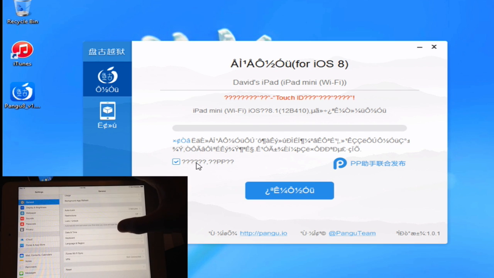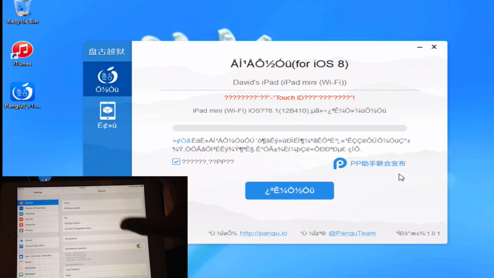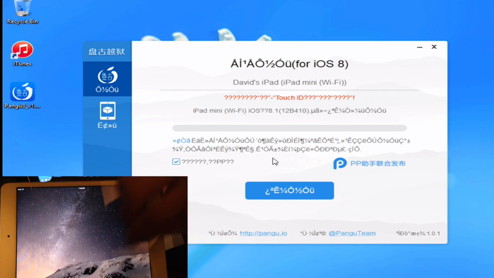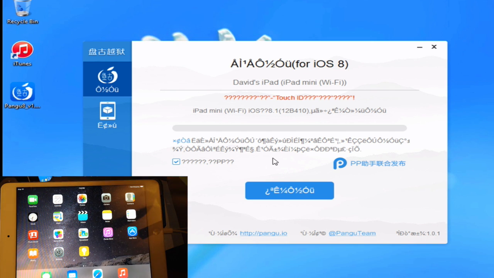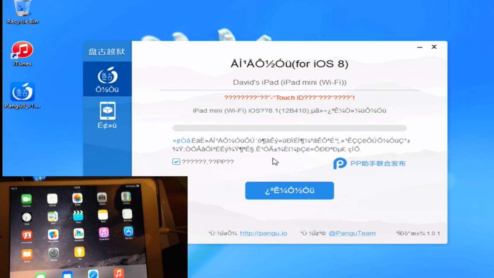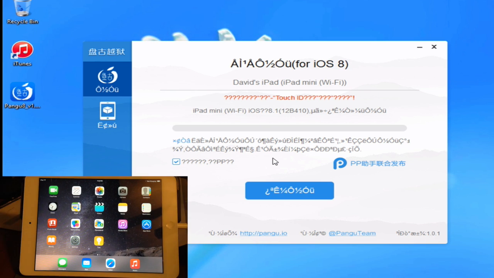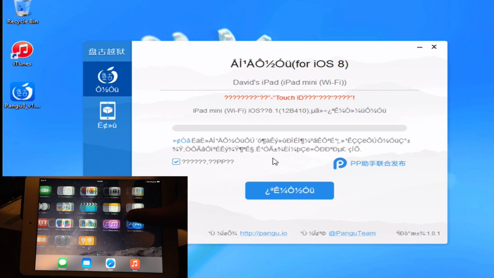For the purpose of this video, to show you what would happen if you did leave it checked, I will be leaving it checked. All it does is install this fishy 25pp application that I do not recommend, and it is known to cause a lot of problems, so I would definitely not recommend clicking that box. But just for tutorial purposes, I'm showing you what would happen if I did in fact click that. So all that's left to do now is go onto this computer over here